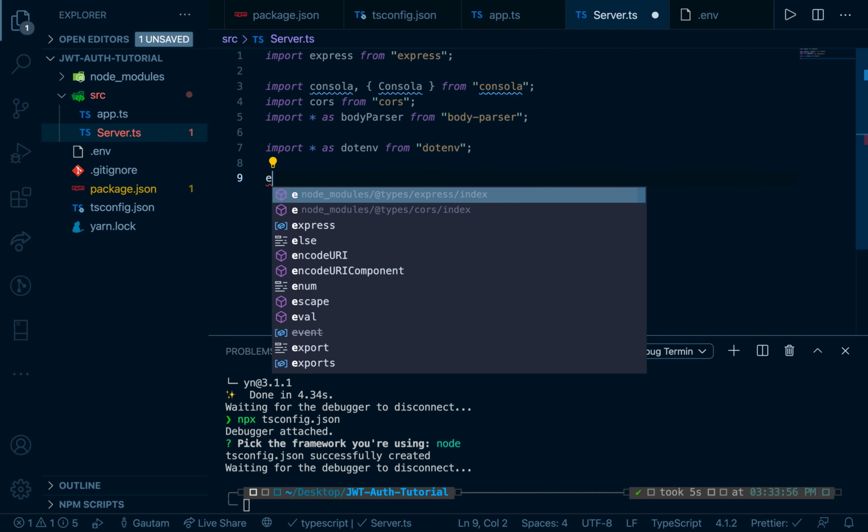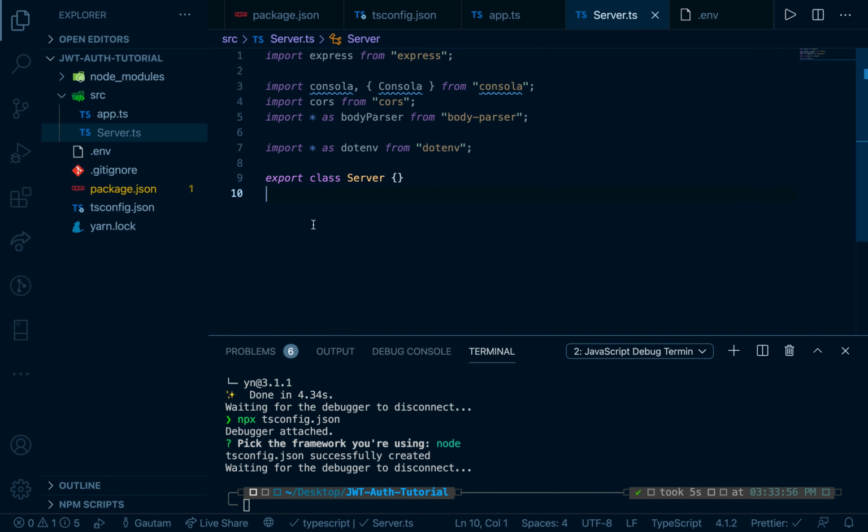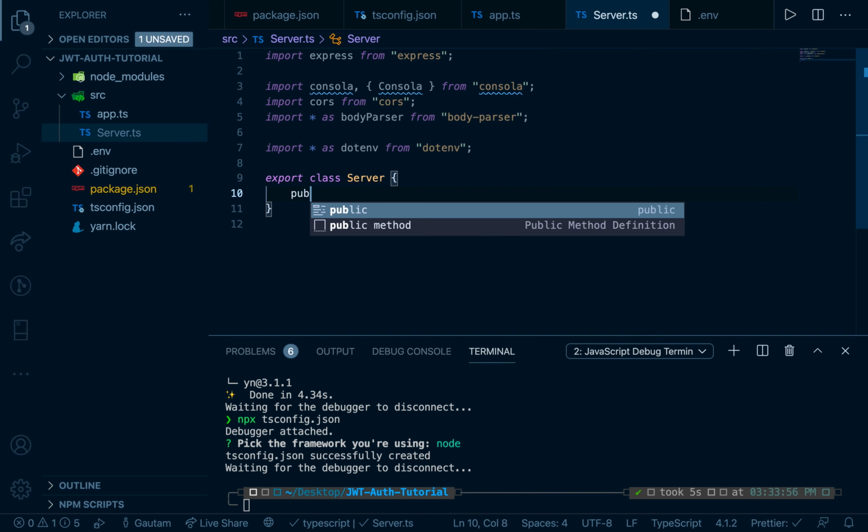As I said, this is going to be an object-oriented Express app. So the server is going to be a class. You can do export class Server like that. And then over here I'm going to add a couple of objects. First one is going to be